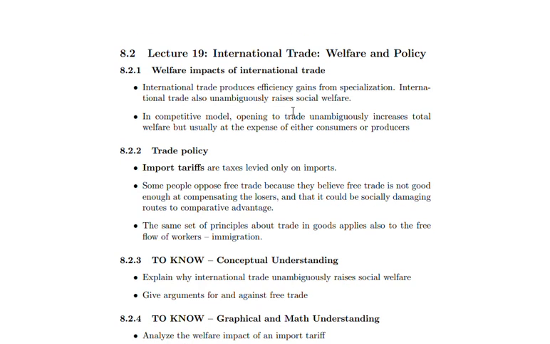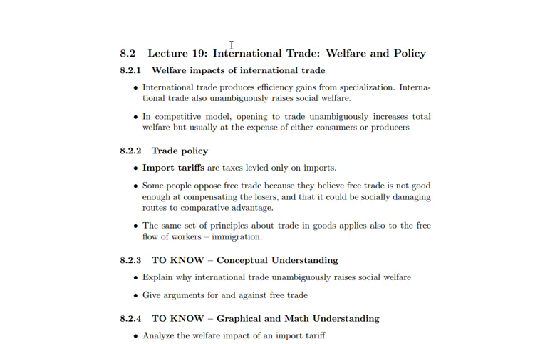If the country is an importer, then the consumers' surplus increases. Meanwhile, if the country is an exporter of some goods, the country's producers' surplus will increase. Okay,